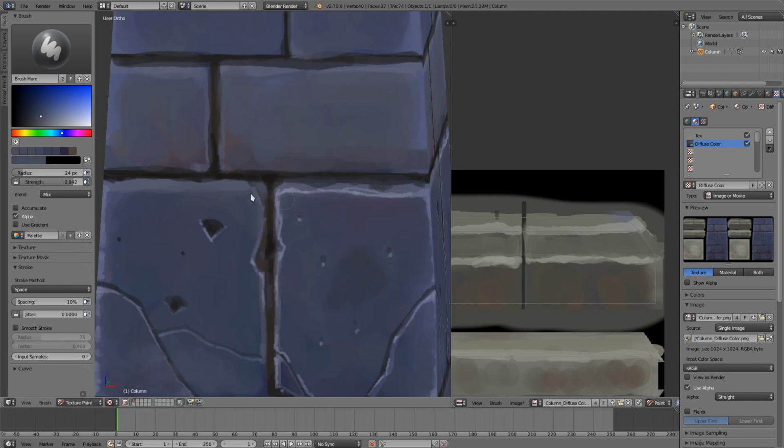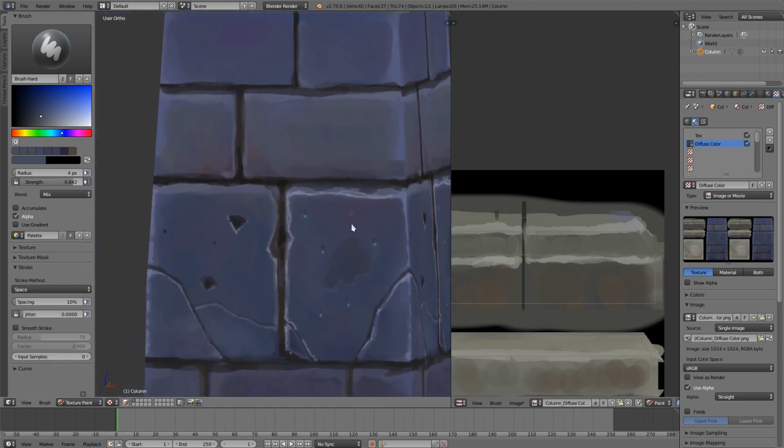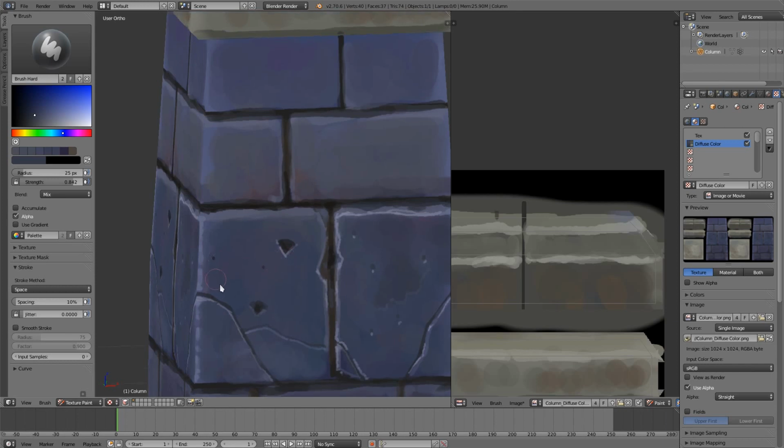If you take a lighter shade and just really lightly do that, it'll look like even more detail on the stone, kind of like a chunk flaked off a bit. Let me do some on this one too. So again, I got